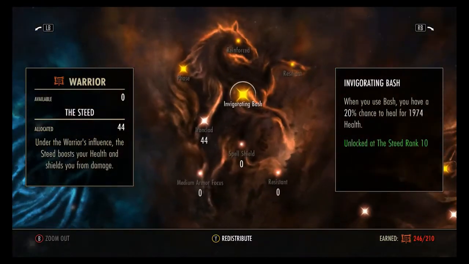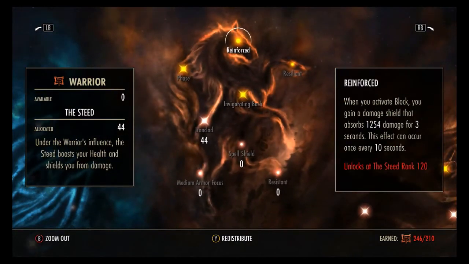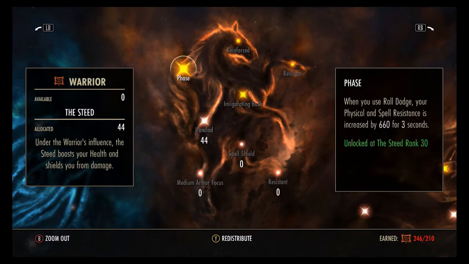The reason we don't have any into Spell Shield as well is because we're already at the spell resistance cap. So there's no reason to put any more points in there. Also Reinforced is kind of stupid to have. I don't really like that. Or where is it? I know there's one that gives you like